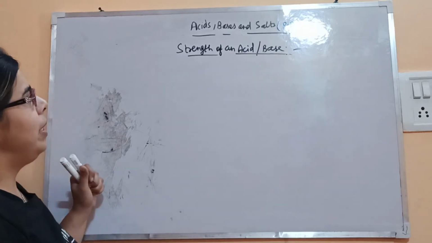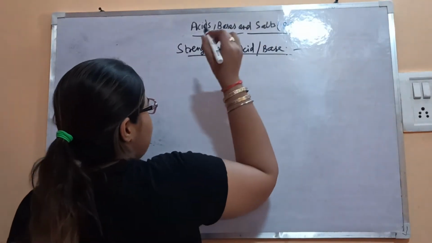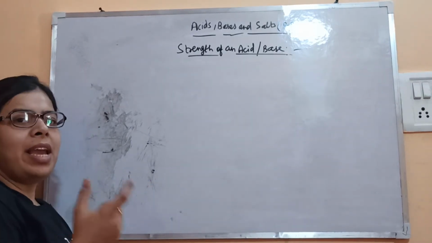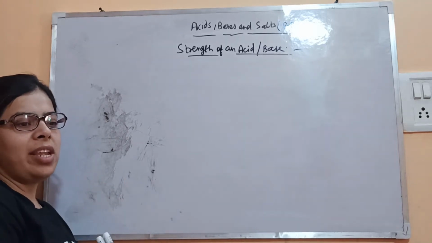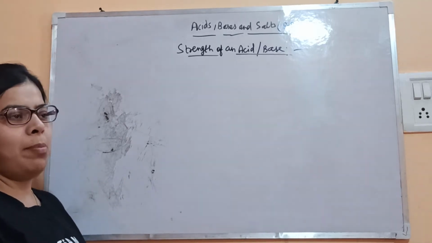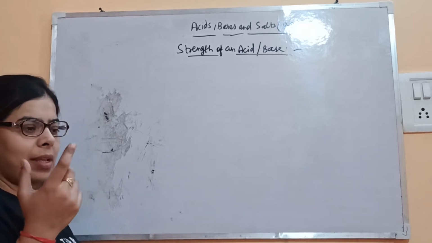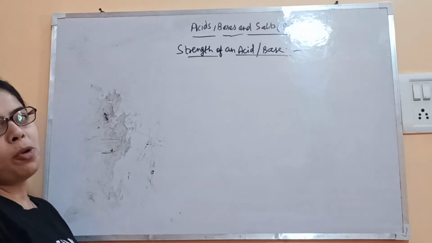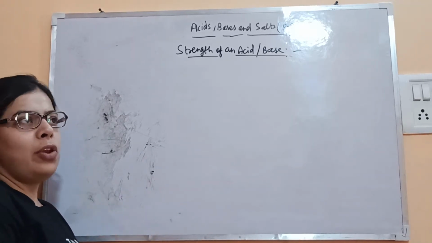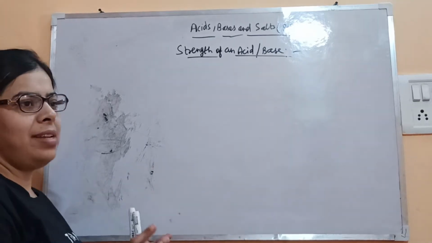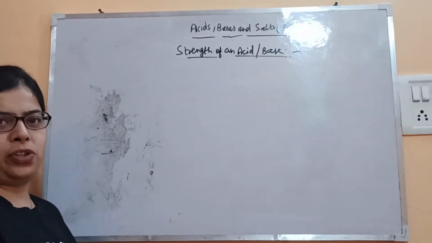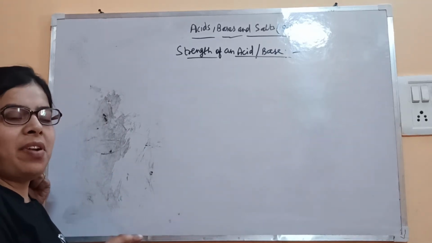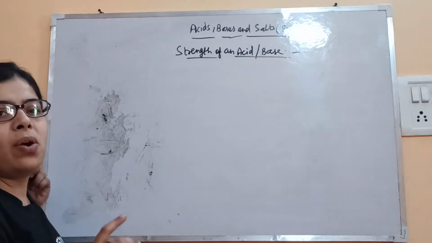Now we'll talk about the different indicators, that is your universal one. In terms of strength of an acid or a base, with the help of indicators only we can check whether the particular solution is acidic or basic, but we never come to know whether the particular acid is a strong acid or a weak acid, strong base or a weak base. Litmus solution or any indicator will tell only whether it is acidic or basic. But with the help of the universal indicator we can identify whether the particular acid is a strong acid or a weak acid.